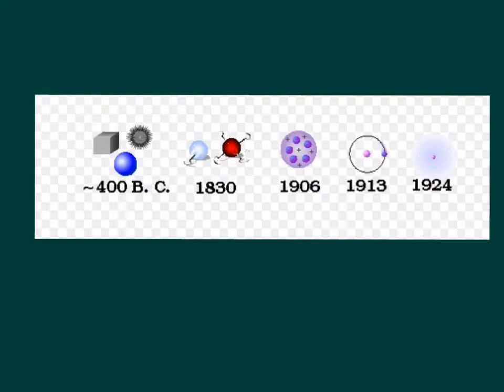Here's one more example of a black box. These are pictures or diagrams of what we think atoms look like. And you can see that what we think an atom looks like has changed over time as we've gathered more and more evidence about atoms. Here's the thing though. Even today, with the modern technology that we have, we really can't see the structure of an atom. It's too small. We don't have devices that can see things that small.